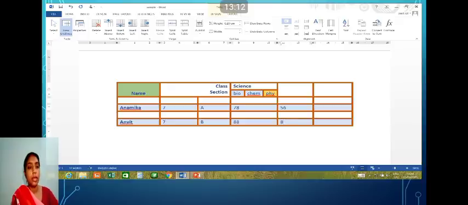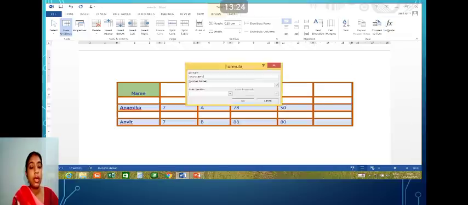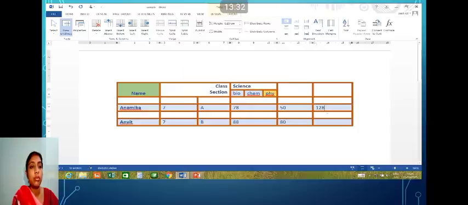Meanwhile I am entering the values. You can add just the given values, so that you can find out whether the function which I am entering is giving me the correct result or not. So in this particular cell I want the result of 78 and 50. It's showing some left. So from the left side I want to add those two numbers. Yes, 128, I have got the value.